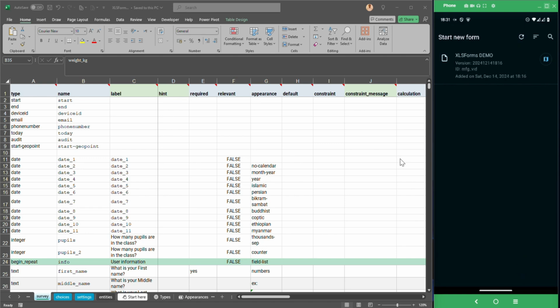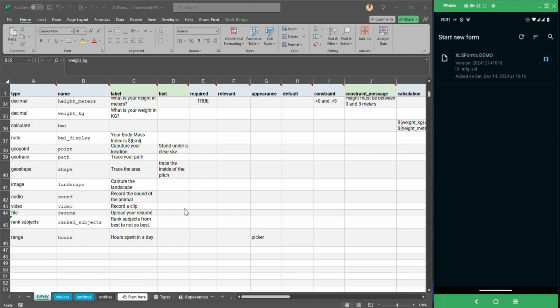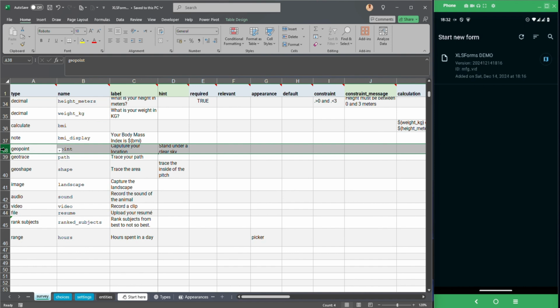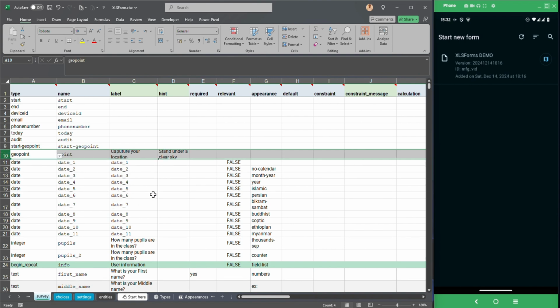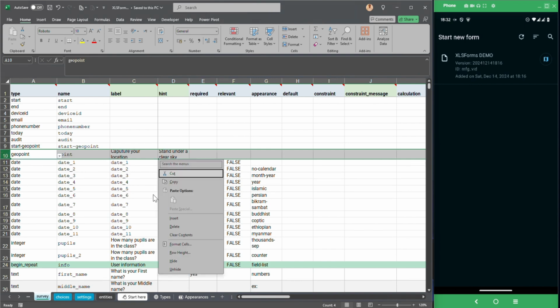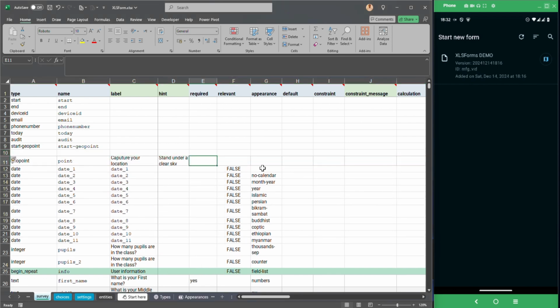In this video we are going to look at the appearance for the Geopoint question type. The Geopoint question type allows you to capture a single location. I have a question here for Geopoint, but I'm going to move it up to the top so we're able to just see it as the first question once you open the form. So I've done that. Normally, let's save our form and then upload this version